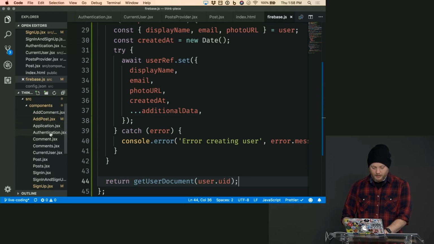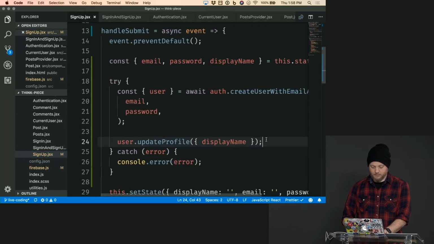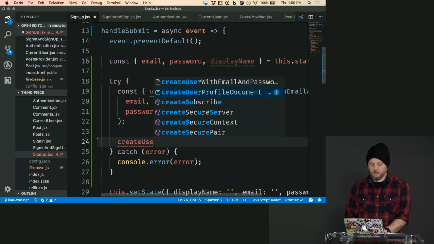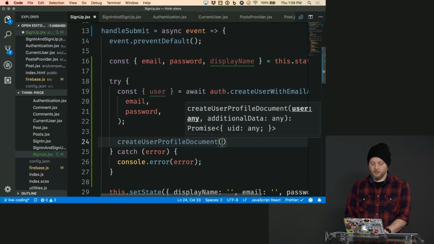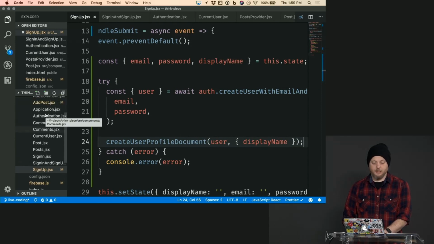We'll go ahead and in the sign up, we're going to say create user profile document with that user we just made plus the display name. That's that additional data. All right? And then in the application component,